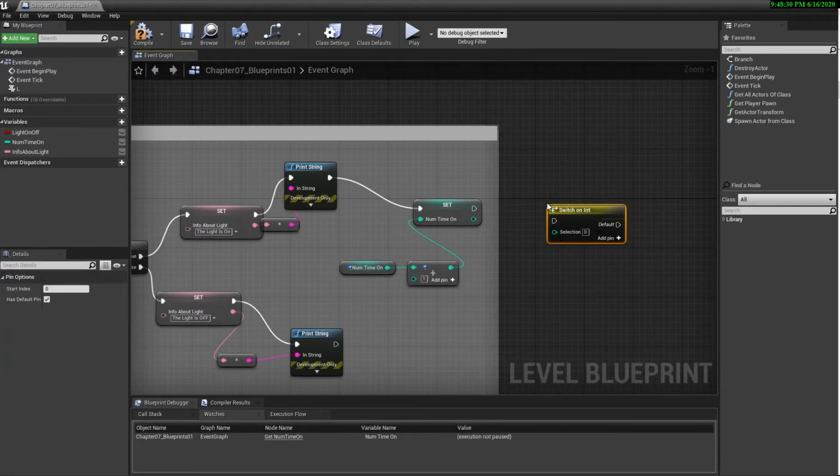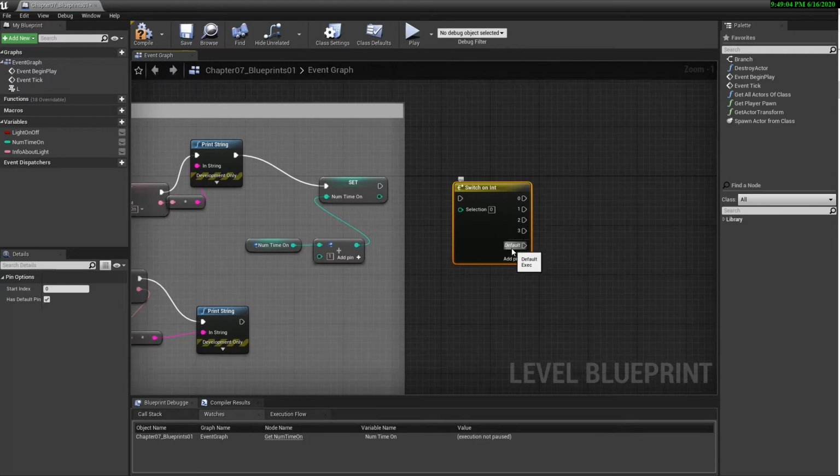And we can do this in a number of different ways. But basically, what's going to happen is whatever this number is, it will go to the pin. So if it's 0, it will shoot to 0. But if it's 1, it will go to 1, 2, 3. But if it's not one of these numbers here, it will shoot out to the default. So why don't we say that the default is our end state? That if it doesn't go to 3 or more, then we're breaking the light switch in the on position.